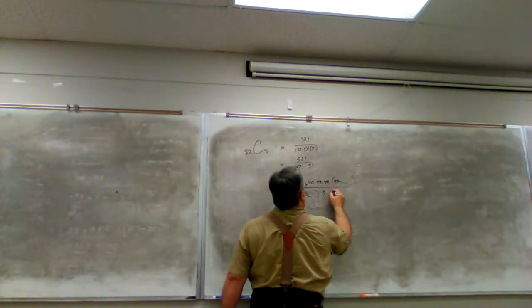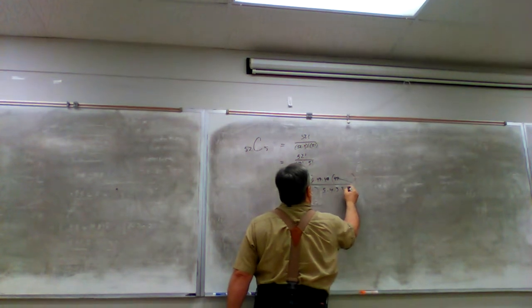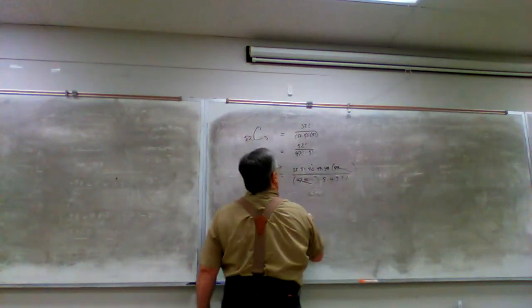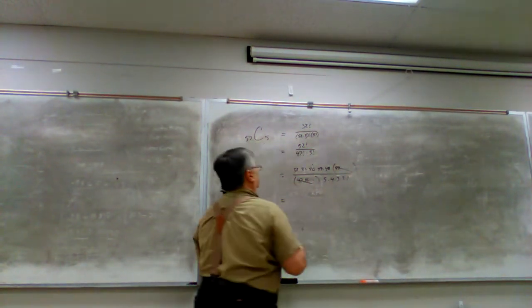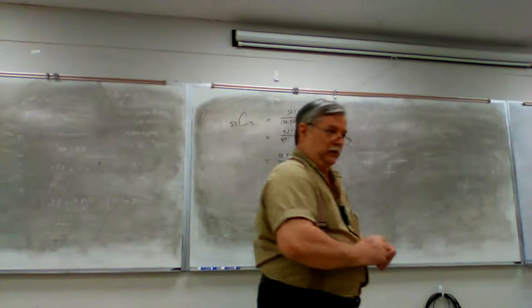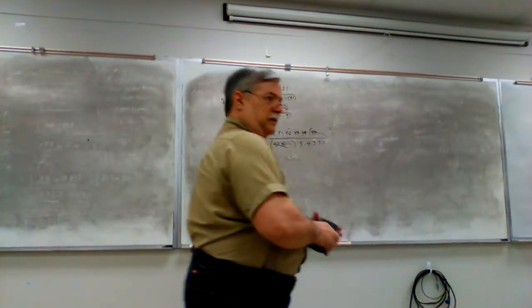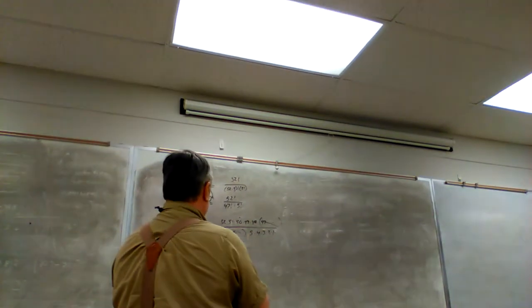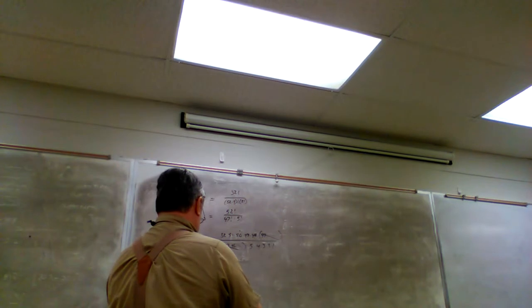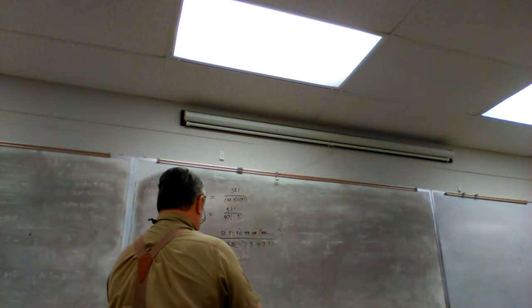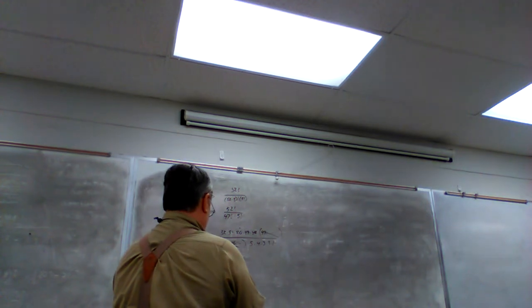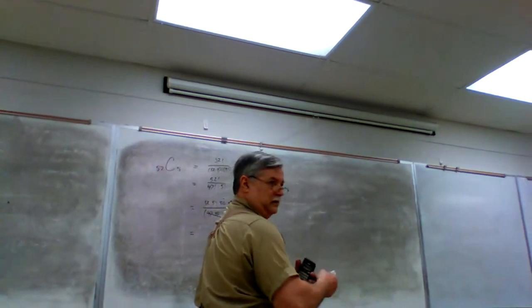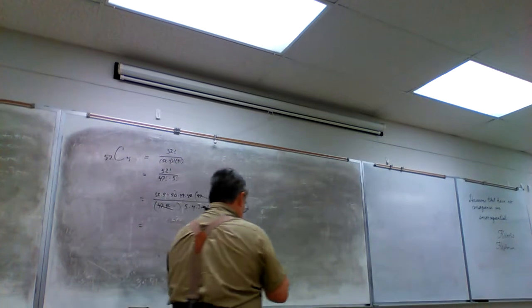Over 5 times 4 times 3 times 2 times 1. And so even without a factorial button, that becomes something you can do on the calculator. Oh, by the way, in case you're curious, 52 factorial